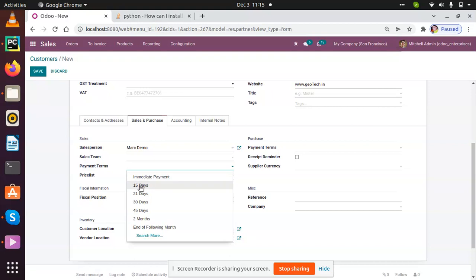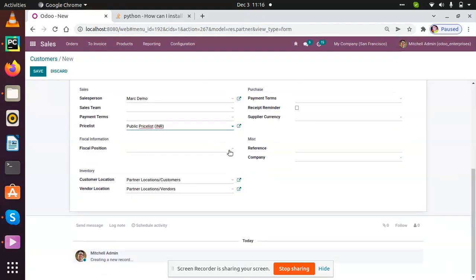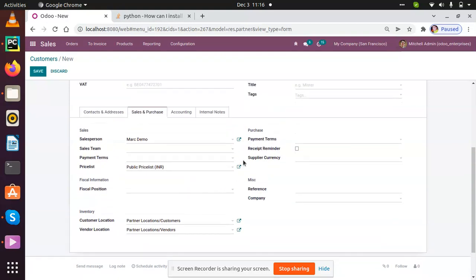If you want to take a little bit of time, then that will be 15 days, 20 days, and almost 30 days. And the price list, you see the price list, this is the selection, and this is all the fields about the sales positions and customer locations and vendor locations also.